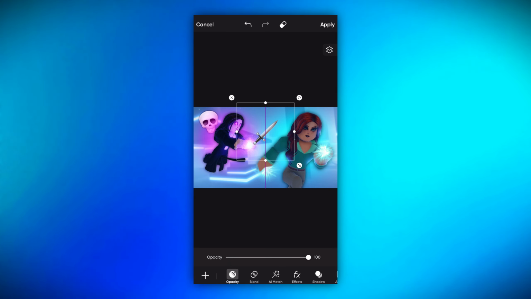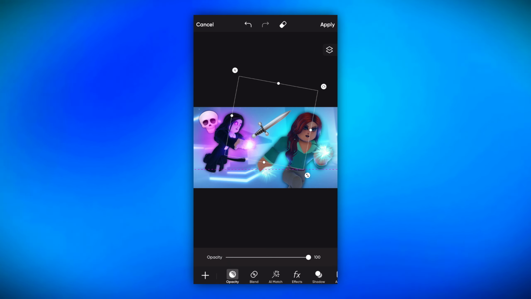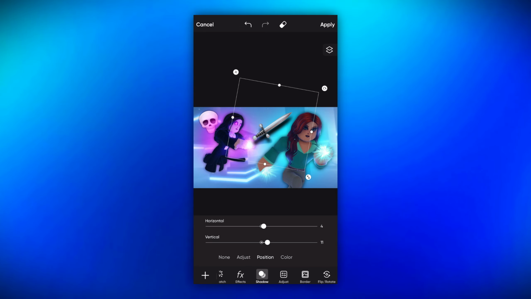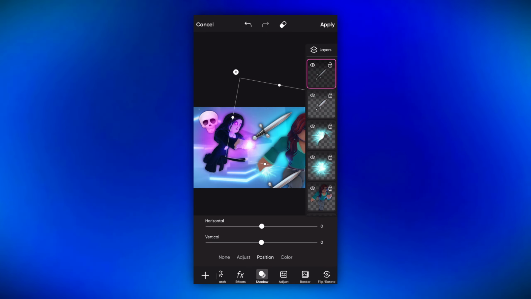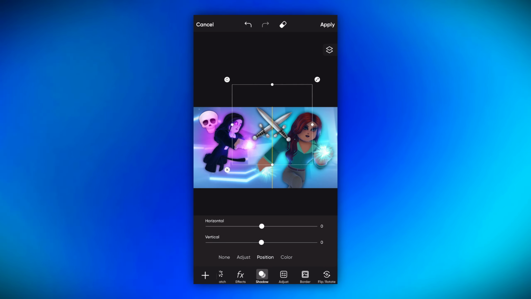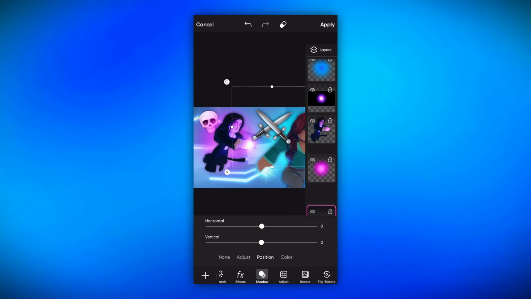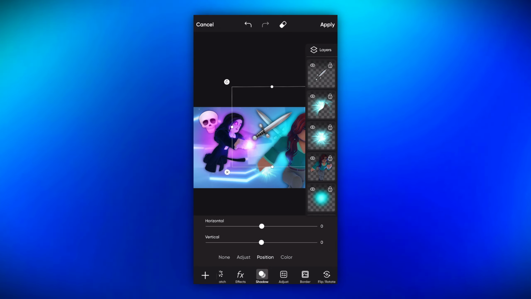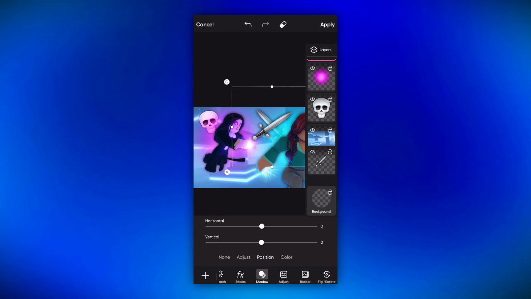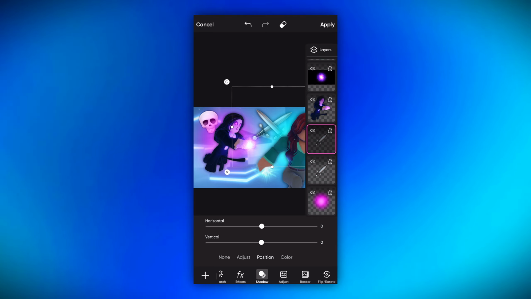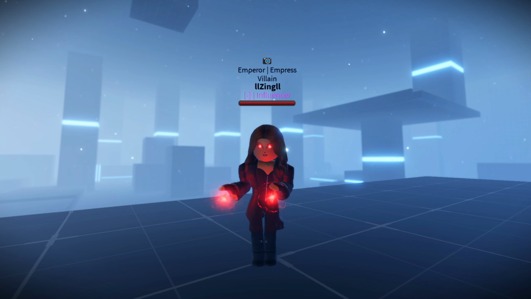Here, I'm just adding a skull emoji sticker because my tournaments usually have this, and then I'm basically making a little tournament emoji with these swords, and it can hide well in the background to make it look nice. So once your positioning is done with your stickers and your characters, I usually go ahead and save the image there and not apply any effects until I've added the text over the thumbnail,